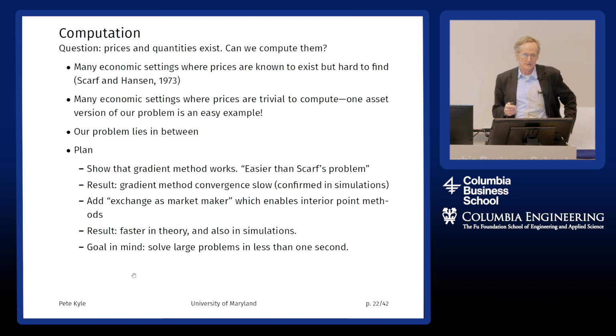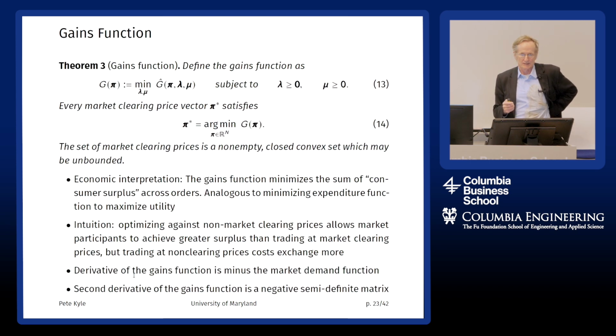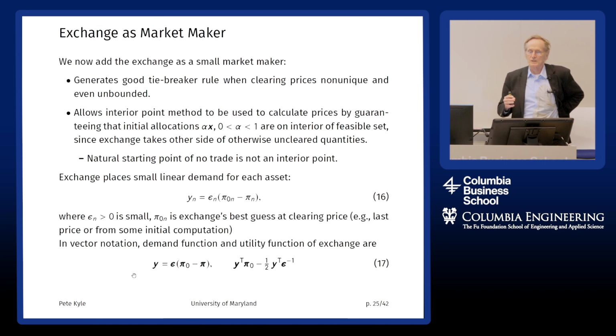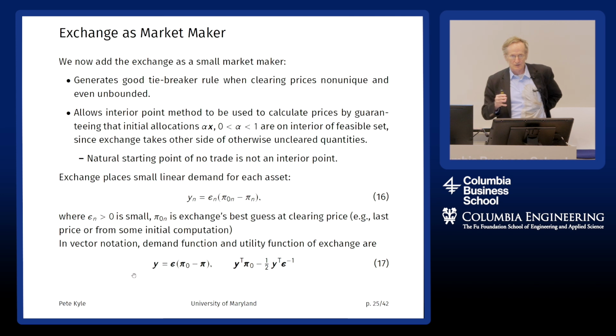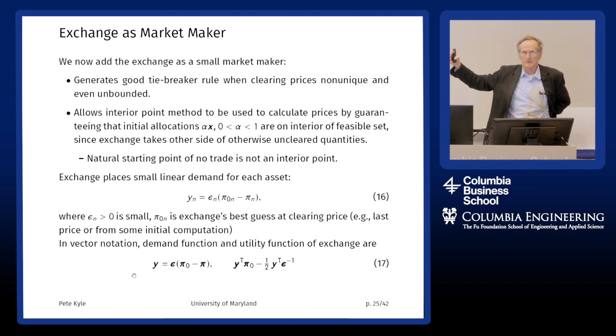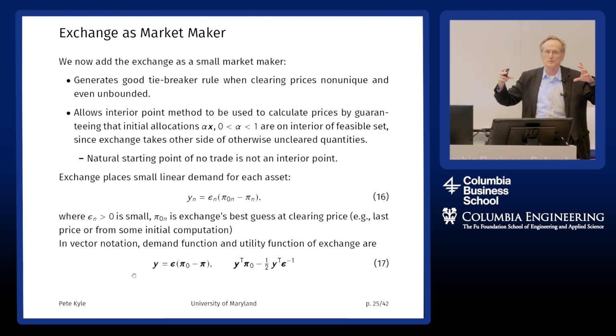So instead of using the gradient method, we're going to wind up using an interior point method. The gains function here is largely relevant for the gradient method, so I'm going to skip through all of this. To use an interior point method, the idea is motivated by a logarithmic penalty function. But the idea of it is that you start with an interior point that respects the inequality constraints by being on the interior of the inequality constraints, but not at the boundaries.